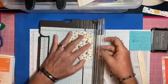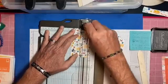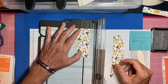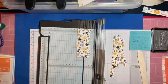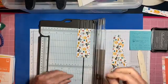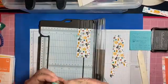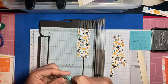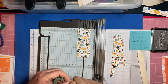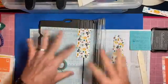Let's see. That's 3/4 of an inch. And it doesn't matter if one of them's not really 3/4 of an inch. It won't really matter. Okay, so this is what I started using. I used the washi tape because when it gets down this far, I can't really keep it straight. So I put the washi out here. If you weren't doing a straight cut like I'm doing, and you wanted it to be wonky and do different cuts, then you really wouldn't have to do this. You just turn your paper how you want it when you're making those sorts of diagonal cuts. It's kind of fun to do,